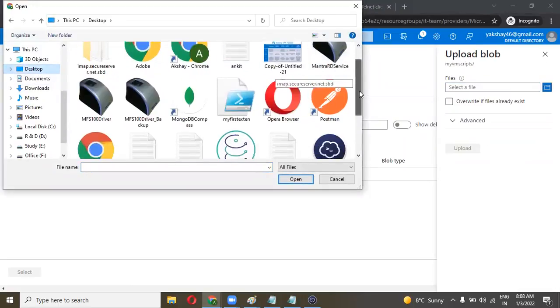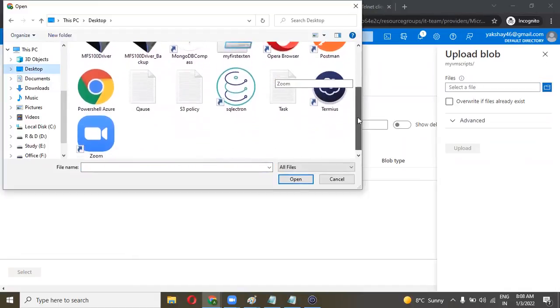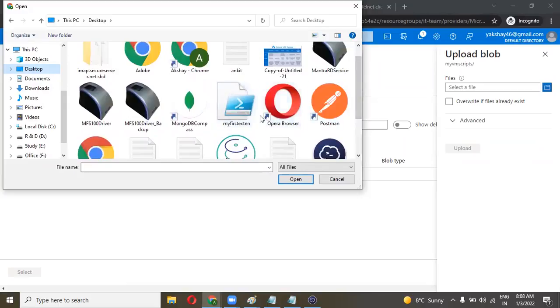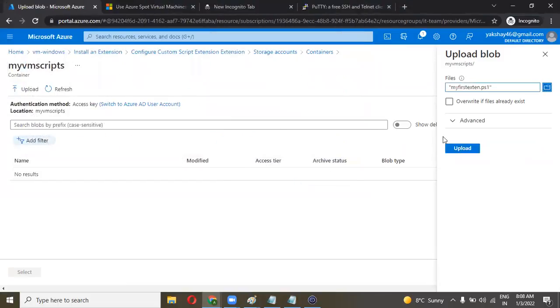You can see my script is there. My first extension. You can see this is the file which I created earlier. So let's open this and upload.